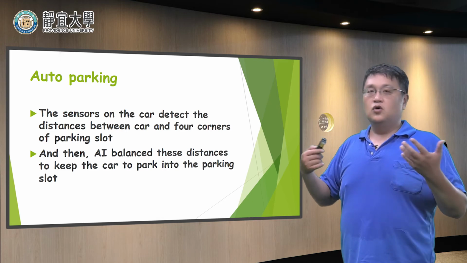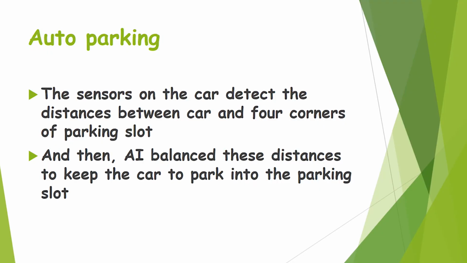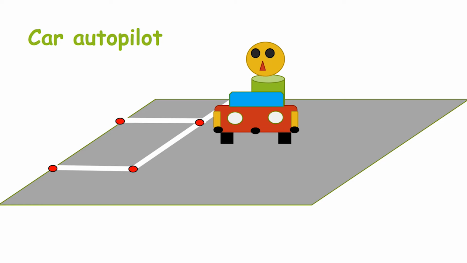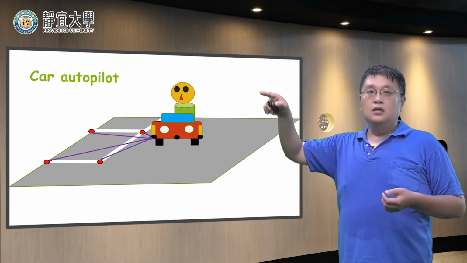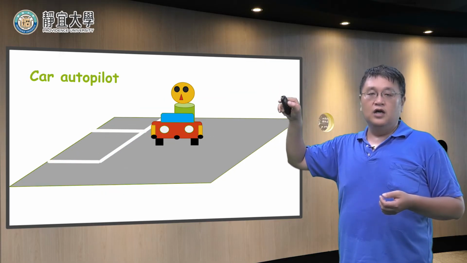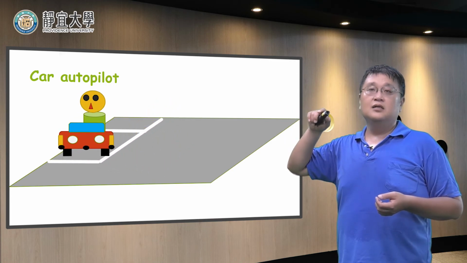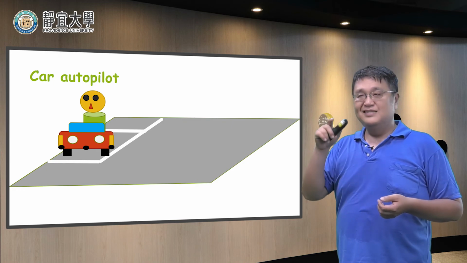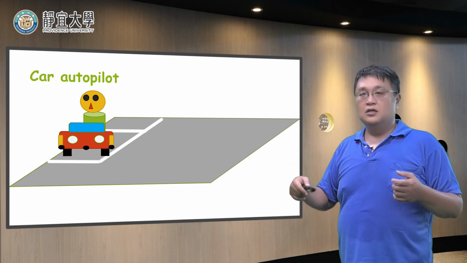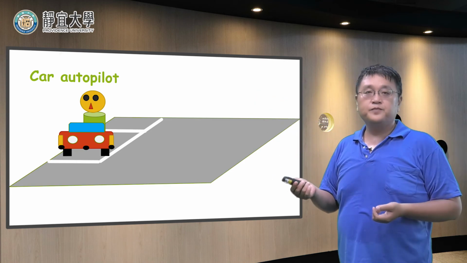The same goes for auto parking. Auto parking works the same way. You also use a lot of sensors there. We see the car with a lot of sensors placed on it. They detect the edge and the edge points, and the car will drive there, find the distance, and park your car inside the square.